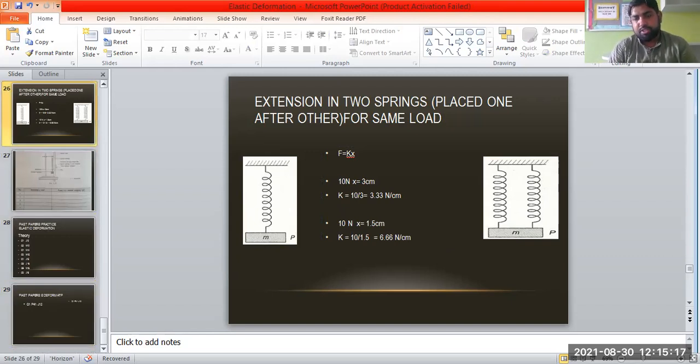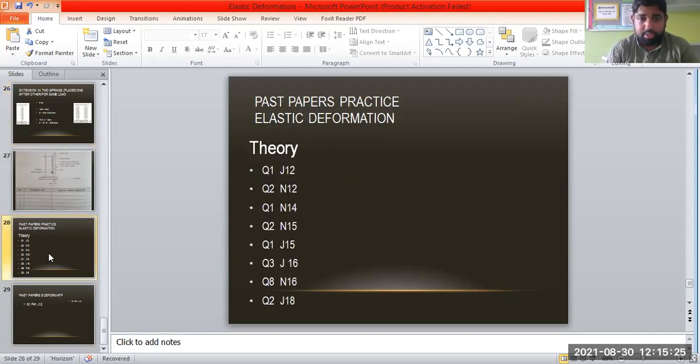There is no worksheet for this in the Physics Matters workbook, but there are a number of past paper questions. Here I have shared theory questions. There were some more questions, but I thought these number of questions will be enough for you. And second, in this some